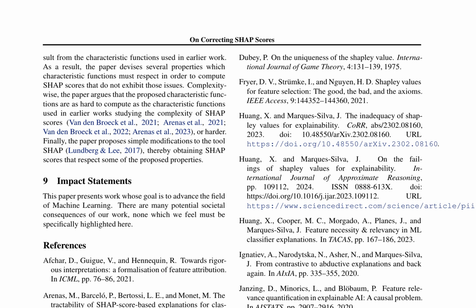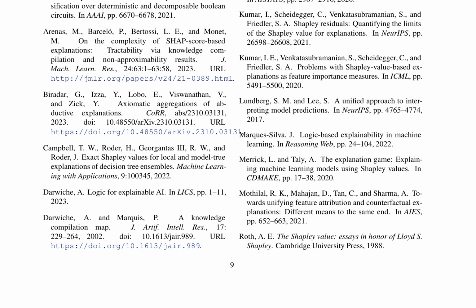To resolve this, the authors propose several properties that characteristic functions must respect in order to compute SHAP scores that do not exhibit these issues. The complexity of the proposed characteristic functions is argued to be as hard to compute as those used in earlier works studying the complexity of SHAP scores. The authors also propose simple modifications to the SHAP tool to obtain SHAP scores that respect some of the proposed